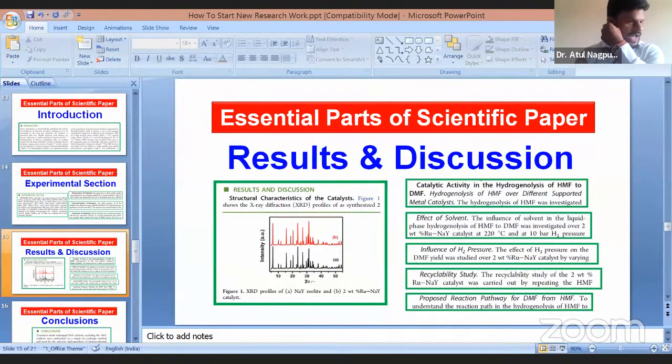And one more important part I would like to highlight here: if your research is good and if you are doing some kind of A to B conversion, like reactant A goes to product B, you have to explain how the reaction is occurring. I mean to say, you have to give the mechanistic insight, what the driving force is, and what the nature of the catalyst you require is. Say, for example, you require palladium, gold, or copper. And if you require copper, for example, what is the plane, like the 111 plane or 100 plane, what size of materials you require, and what morphologies of the catalyst will be good to carry out the research